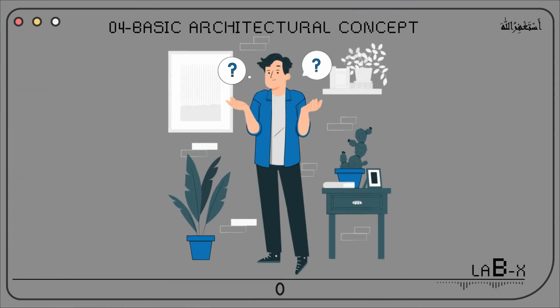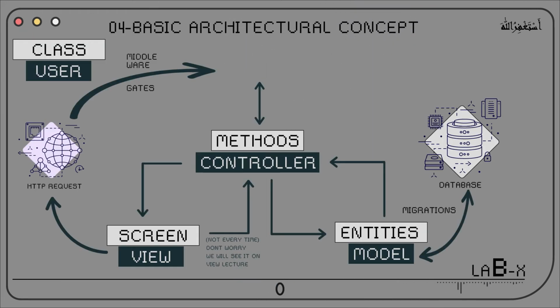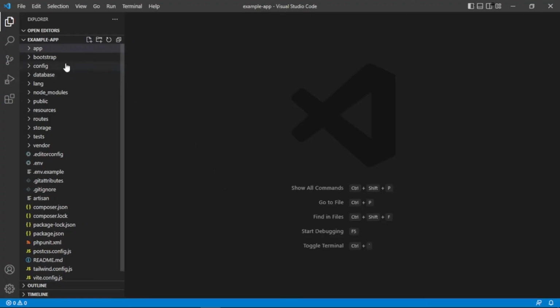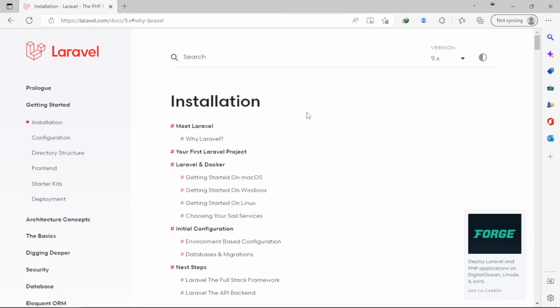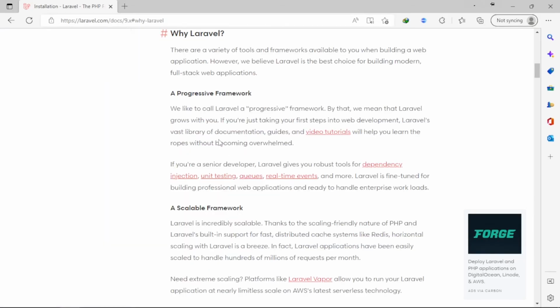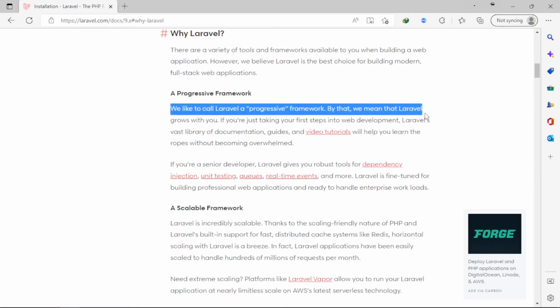If you don't know about the logical workflow of Laravel as MVC, then watch it by clicking on the link. Essentially, every major feature offered by Laravel is bootstrapped and configured by service providers. Since they bootstrap and configure, you realize that it's true about Laravel that it grows with you as your knowledge about it grows.